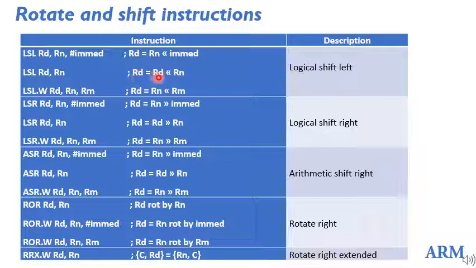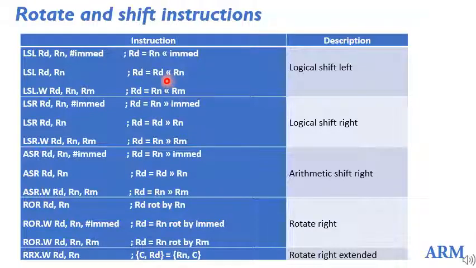Okay. So RD will be shifted left by an amount equal to the value present in Rn. Just like here I have given the immediate value to specify by how many positions I want to shift it to the left. Here that value will be stored in a register Rn, and by giving this form it is going to shift RD by that many positions.